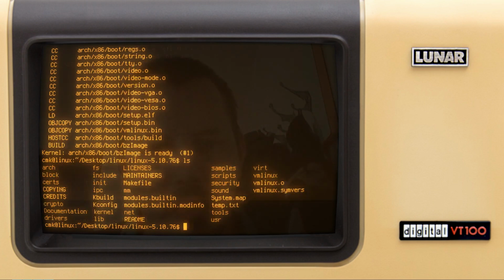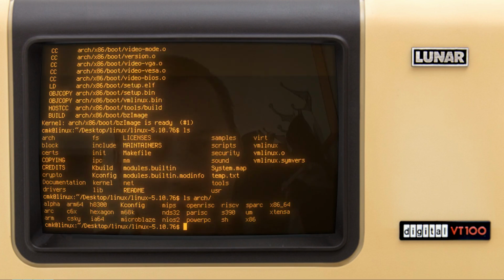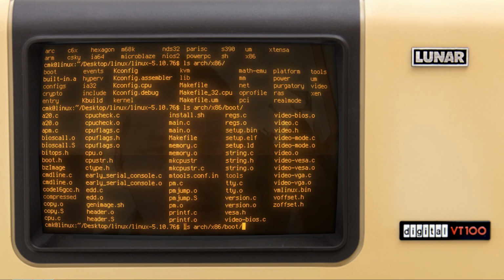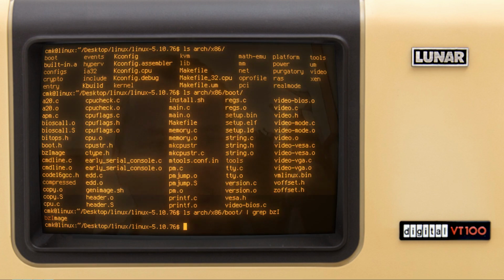So we are now within the kernel directory, and here within the folder arch. So let me list this. So arch, and the architecture is x86. Just x86 is enough. Yes. Then boot. Yes. Then boot. And here we should have the kernel, the bzImage. So yeah, we have the bzImage here. Great, now let's